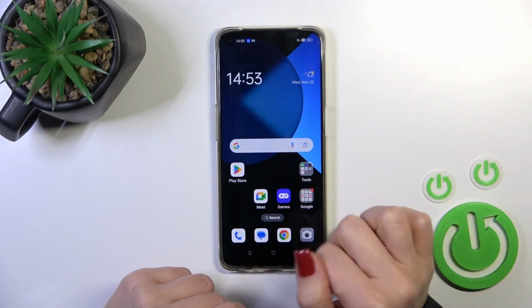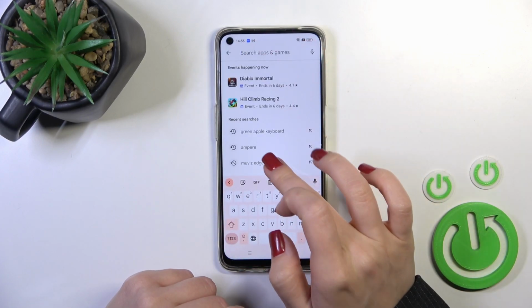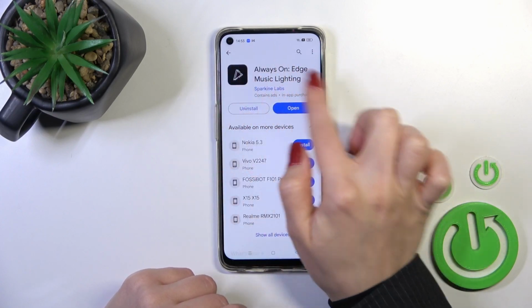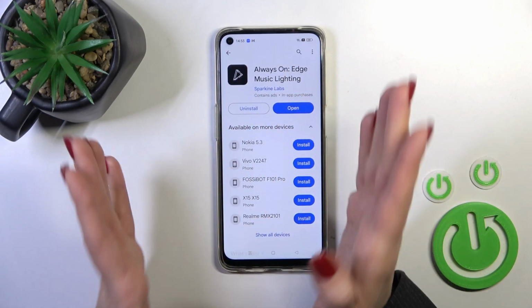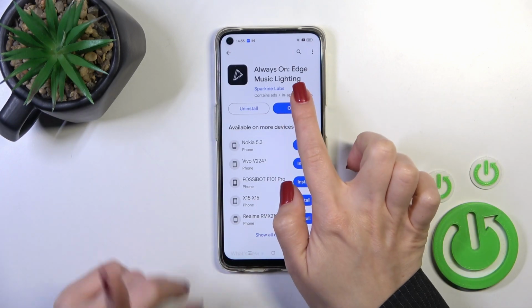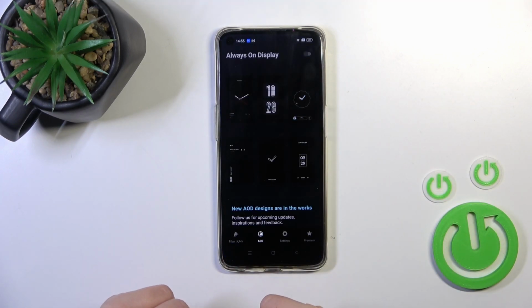That's why we should open the Play Store and in the search bar we should enter the Muviz Edge app. Now we should get this application, so tap the install button and wait just a couple of seconds. After the installing, tap the open button